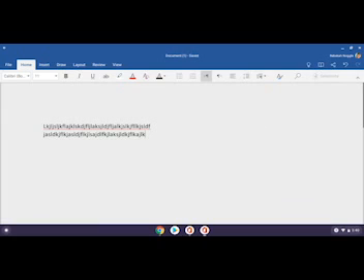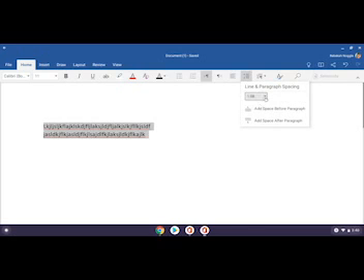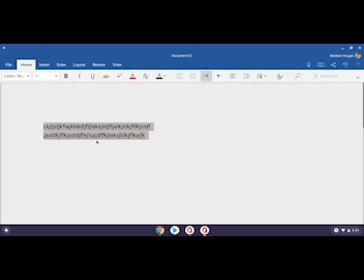The other thing you can do is change your line spacing. How you can do that is you're just going to select all. I like to use the Control A button for that. So you hit Control and A at the same time. Or you can do a little drag across. I feel like it's really finicky on the Chromebook, but if I hit Control A, it just does it. And then we go to that same line and spacing, and we can change it. What this does is change the distance between the lines. So that's 1.15. Here's 1.5